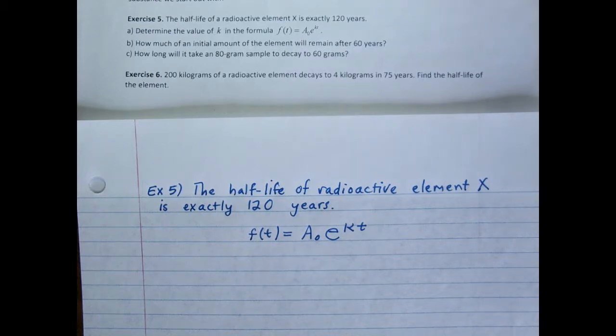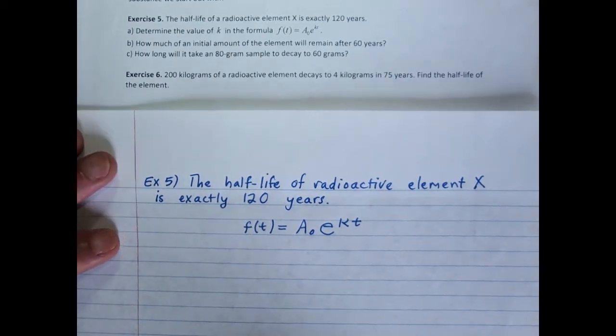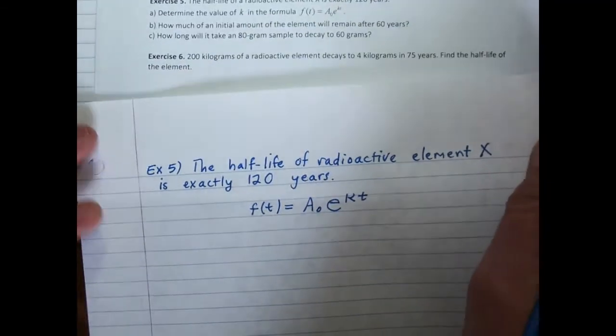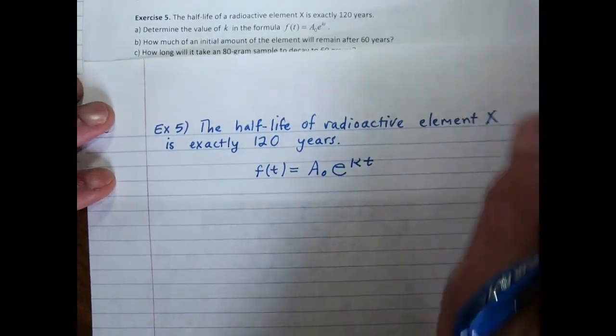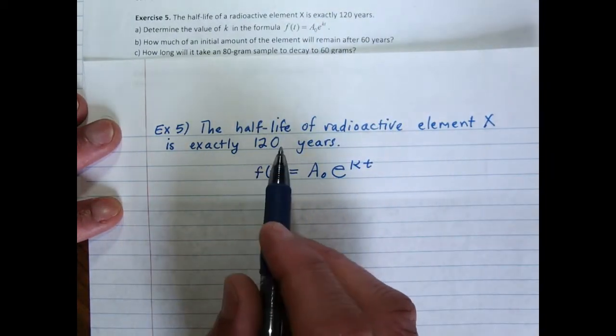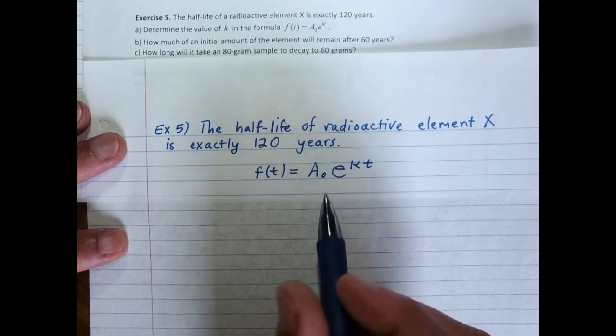So we have a couple more problems to do, exercise 5 and 6. Let's start exercise 5. On the handout it says the half-life of a radioactive element X is exactly 120 years. Part A